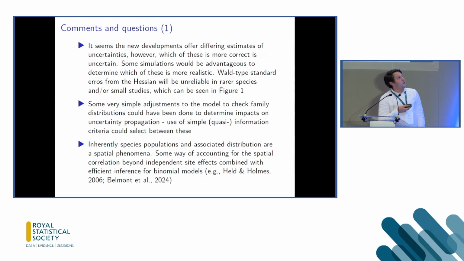Some comments. The initial approach, the two-model approach, estimated uncertainty through the Hessian, which I would imagine would be somewhat unreliable for rarer species. So the proposal to use a Bayesian approach is particularly useful here, because I think you are better able to propagate the uncertainty, and using non-parametric bootstrapping also gives us perhaps more reliable estimates of uncertainty in